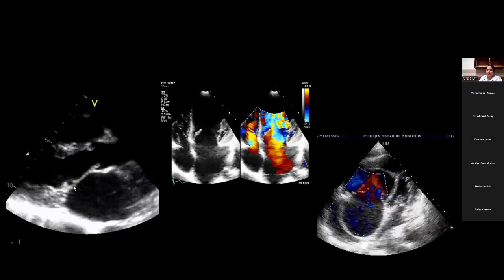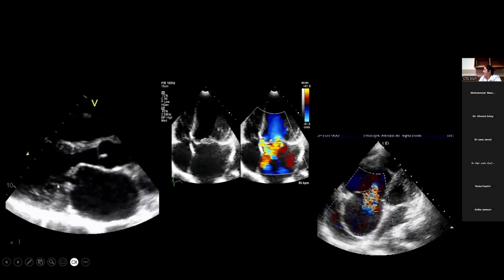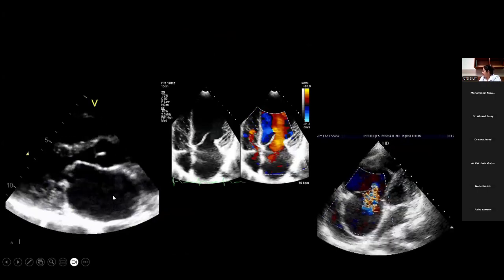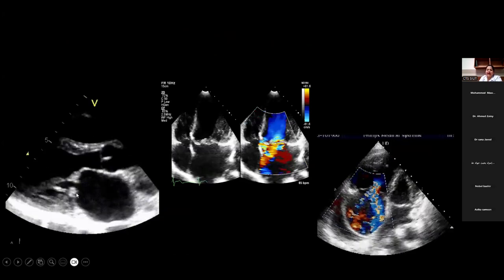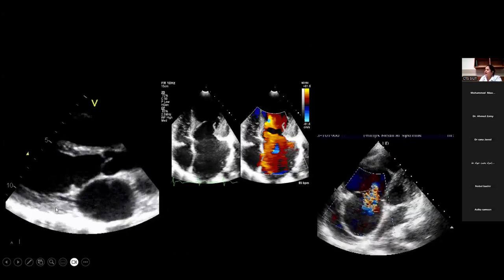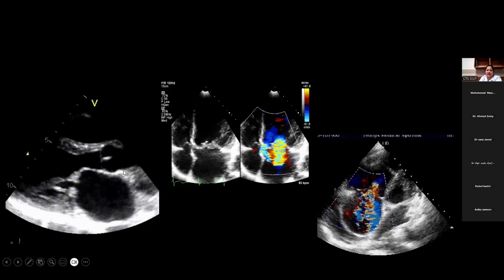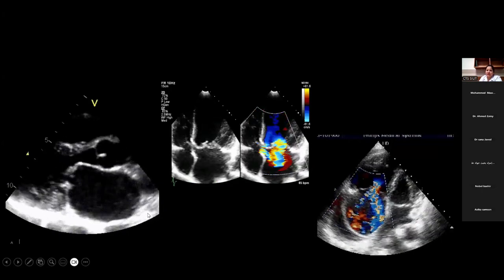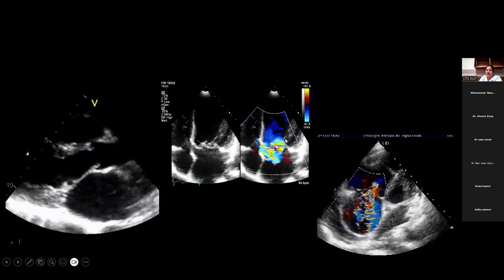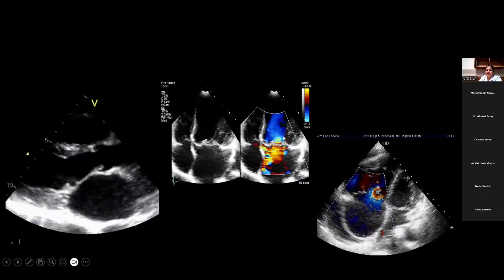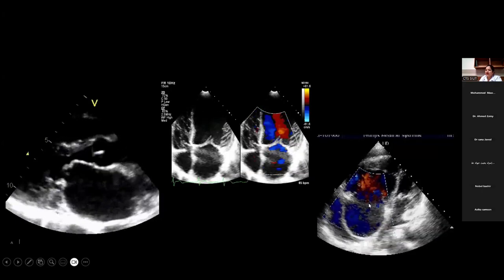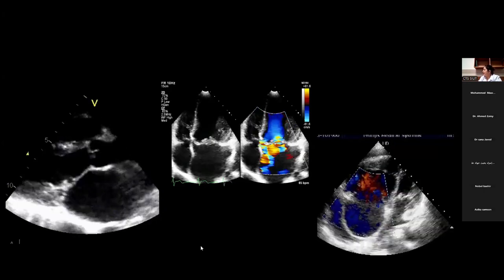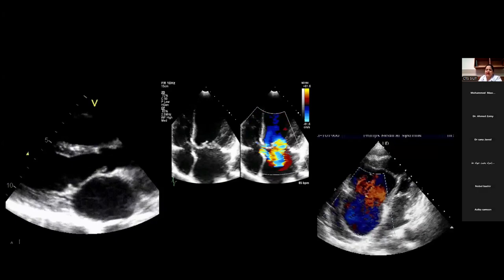So again, this is the parasternal long axis view. You have seen the normal view, and if you look at this image, you can feel that there is something abnormal in the mitral valve. And what abnormality in the mitral valve? Restricted motion. Yes. Properly not opening. Yes. So again, in this four-chamber view, this is the color flow across the valve, and here again the color flow across the valve will make it easy. So understanding of the basic images is very important.